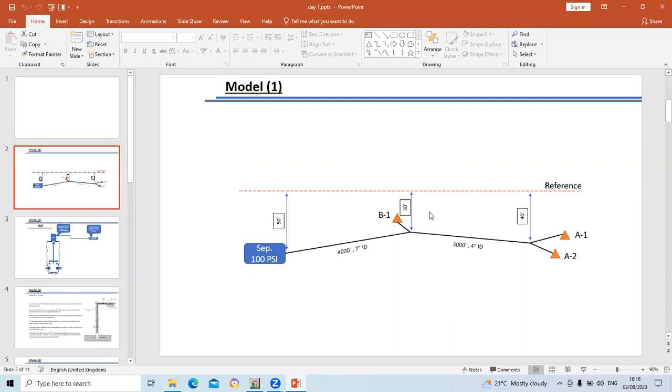Okay, yesterday we looked at how we could carry out a surface modeling like this, where we have about 3 wells